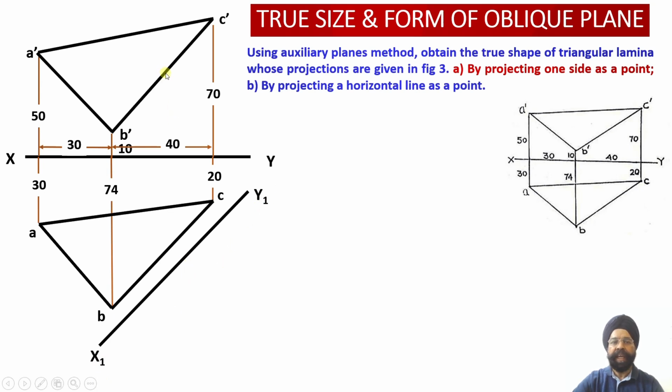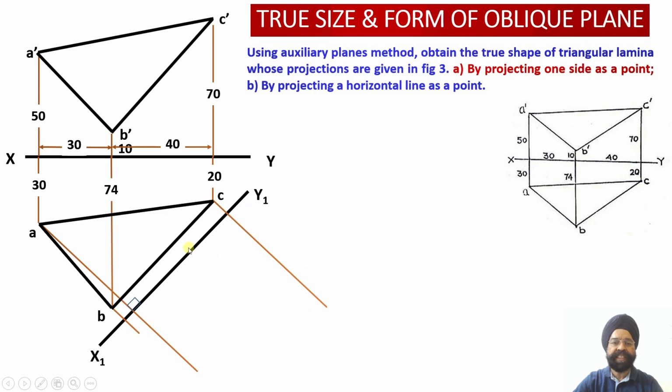Had I drawn an auxiliary plane parallel to these ones, that is A dash, B dash or C dash, then I would have drawn AIP over there. Since I am going to draw the auxiliary plane parallel to BC, that is the plan projection for the line BC, this becomes my AVP. Next step: having drawn this AVP parallel to the edge BC, I want to draw three projections from points A, B and C.